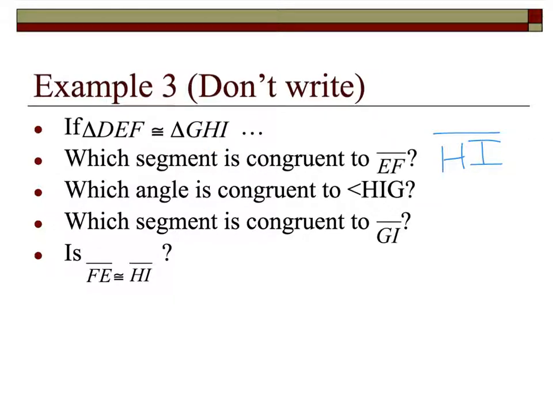Next, which angle is congruent to HIG? Well, if it's HI and then G, use that same logic over here: EF, then D. Angle EFD. You could also say DFE because it has the same vertex, right? That's okay. Which segment is congruent to GI? Well, it's the first and the last. Same with the other triangle. DF. And then lastly, is FE congruent to